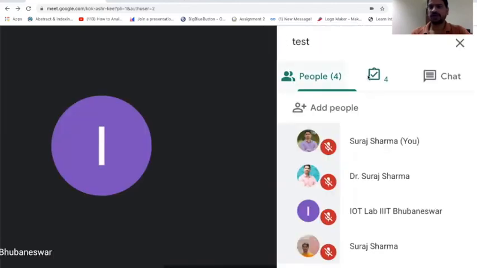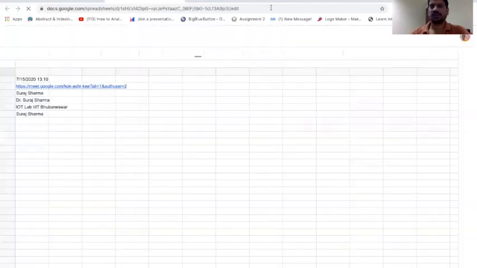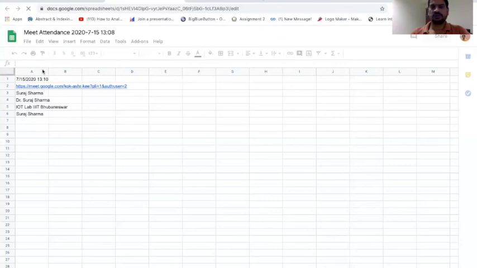Once you do that, this number will be equal to this number. So while taking the attendance, these two numbers should be the same. Once you do that and click that button, it will give you the number of people who are available in your meeting right now.